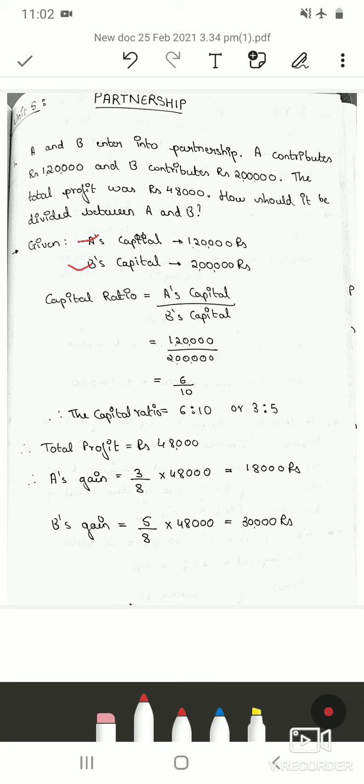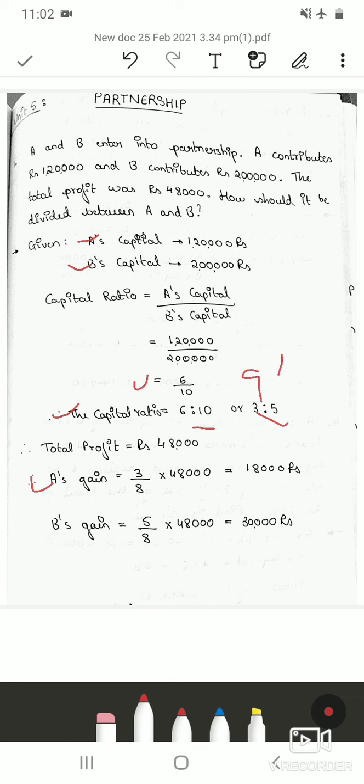So to divide the total profit, we have to find out the capital ratio first. So to find capital ratio, we can take the ratio of A's capital and B's capital. So A's capital by B's capital, we'll get it by 6 by 10. So we know ratio can be expressed as fractions. So 6 by 10 is again written in the form of ratio, which is 6 is to 10, or the lowest form is 3 is to 5. So once we get the capital ratio, we can find A's share in the profit as well as B's share. So these type of problems we had solved in ratios.